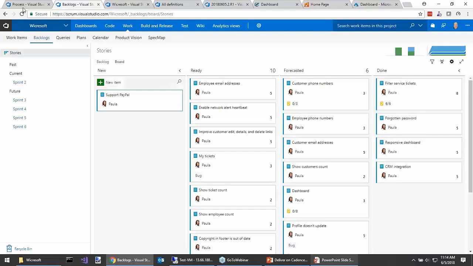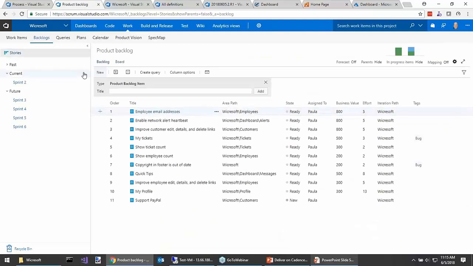I'm now in a team project here called Wickersoft. It's based on that professional Scrum template. And I'm into the backlog here. I'm looking at my stories, and I'm in the backlog view of it. So this is just a one-dimensional list of the items that Paula, in this case our product owner, wants to be delivered. She's assigned a business value, a simple Fibonacci sequence with a couple zeros after it. Effort, also a simple Fibonacci sequence, 1 to 21, is where the development team says this is the size or the effort or the complexity of each item in here.